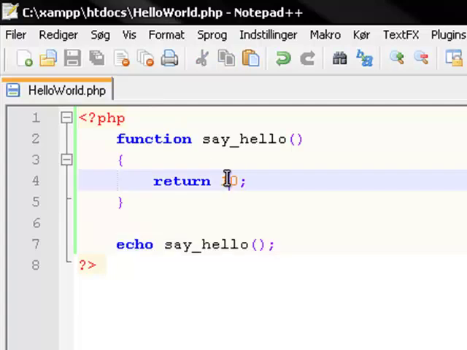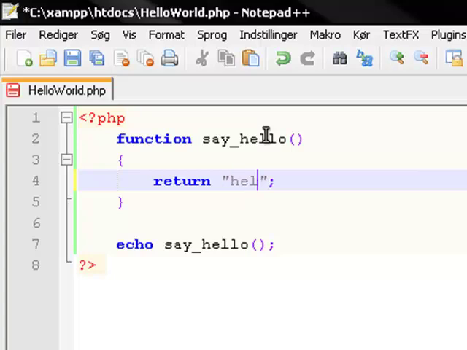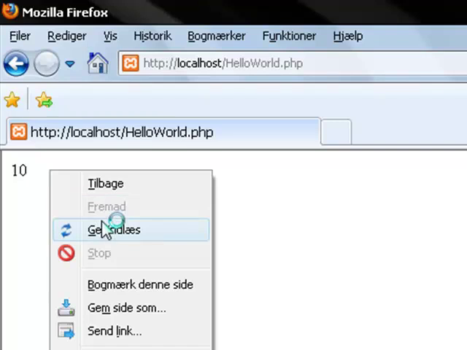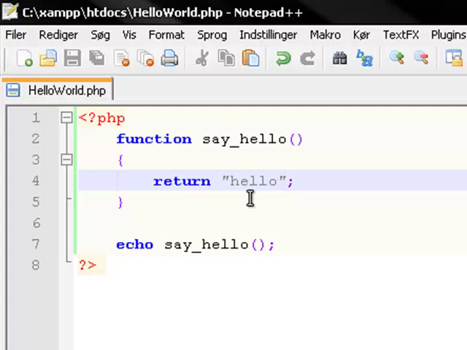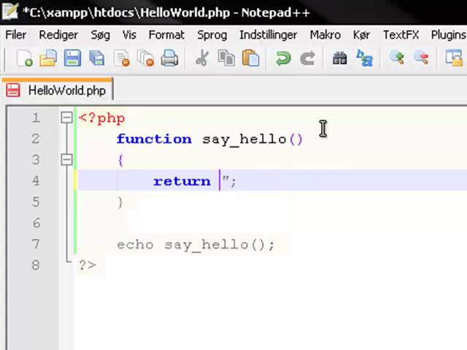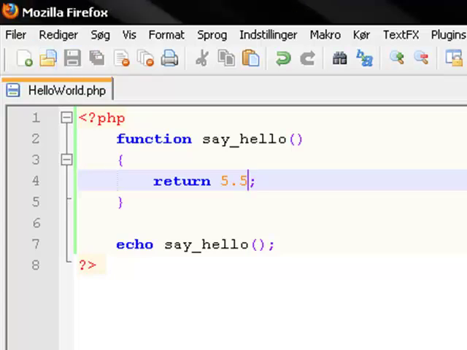Also, a function can return strings. So if you type hello down here, you'll say, and remember the echo statement in front of say hello, because the return keyword doesn't print out anything. Now if we reload this, it'll say hello, simply as that. And pretty much return can return all data types. It can return strings and integer variables, and also it can return doubles, which are decimal numbers. So this will print out